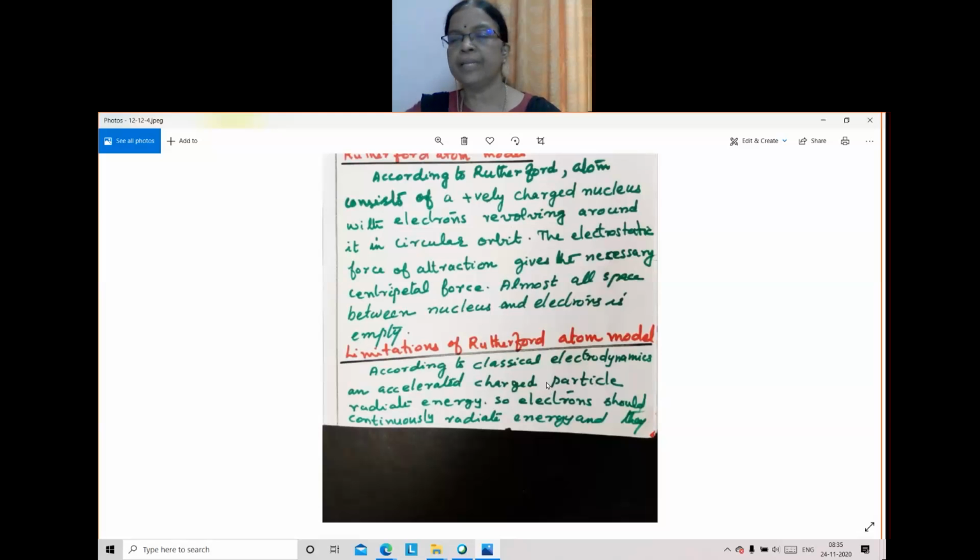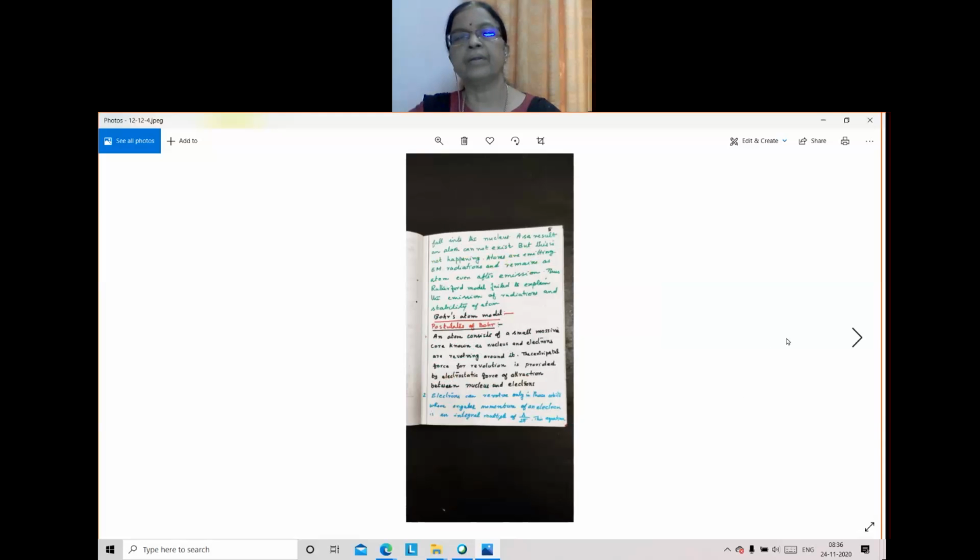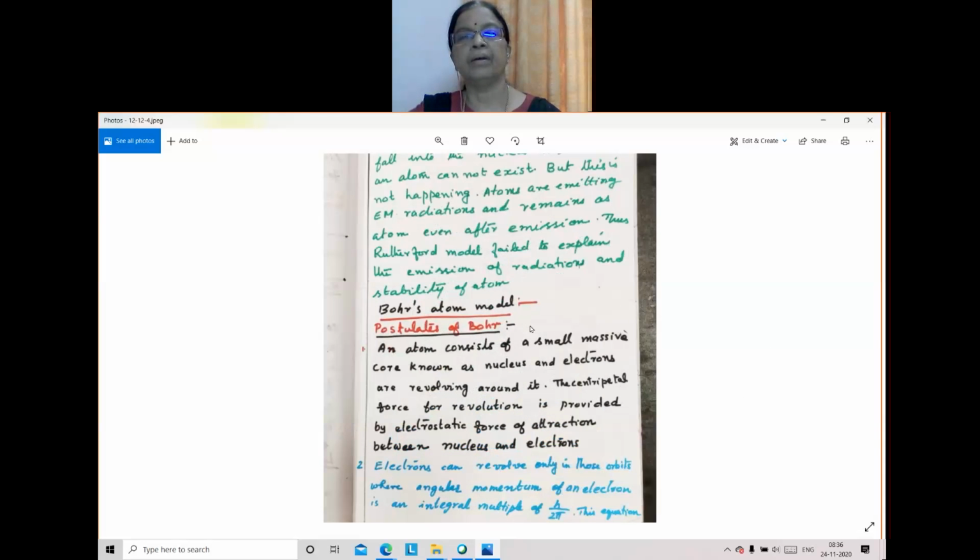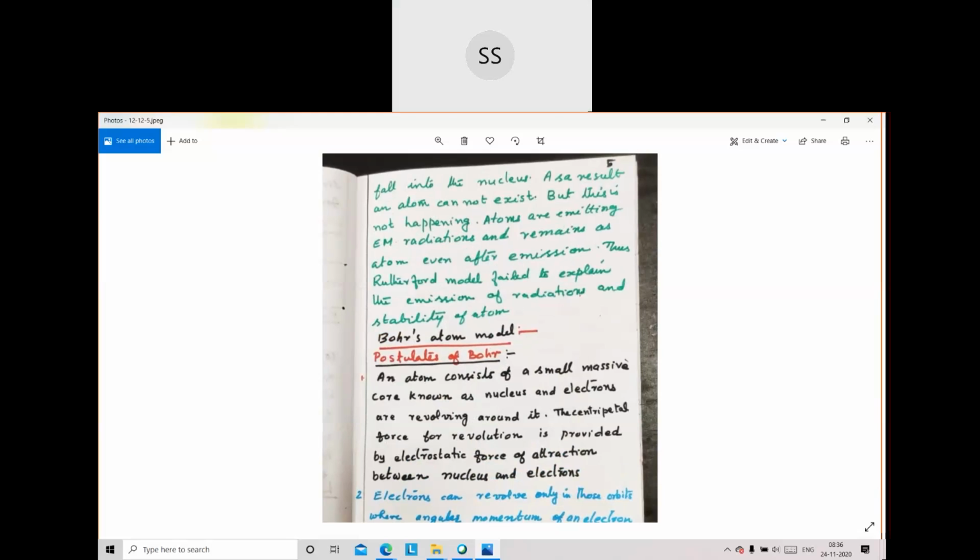ആർക്കെങ്കിലും അറിയോ ലിമിറ്റേഷൻ? എനിവൺ? സൂര്യതേജിനോട് ചോദിച്ചിട്ട് ലിമിറ്റേഷൻസ്. സൂര്യതേജ്, ലിമിറ്റേഷൻ ഓഫ് റുദർഫോർഡ് ആറ്റം മോഡൽ പറഞ്ഞേ. അത് ഇലക്ട്രോണിന് എനർജി ബേസ് ചെയ്തിട്ട് അൺസ്റ്റേബിൾ ആയതുകൊണ്ട്